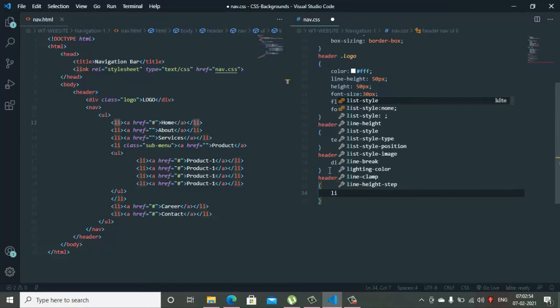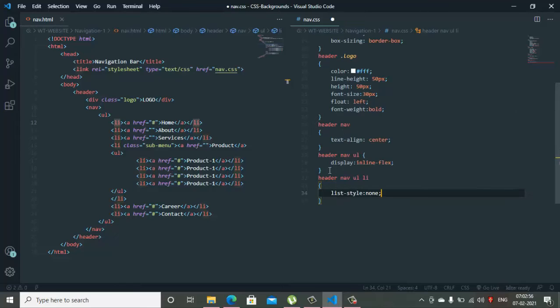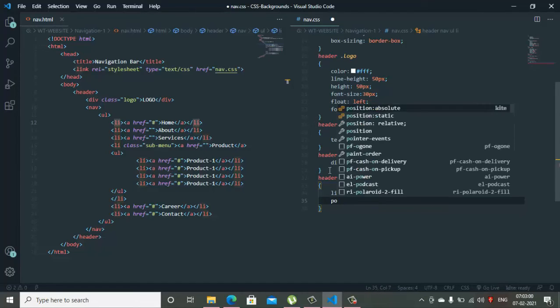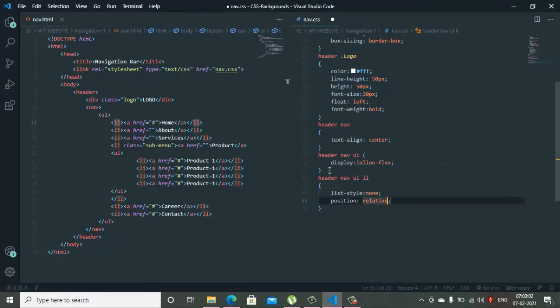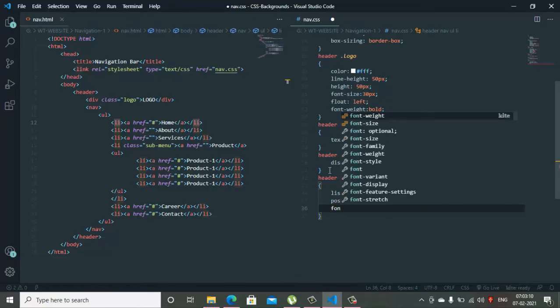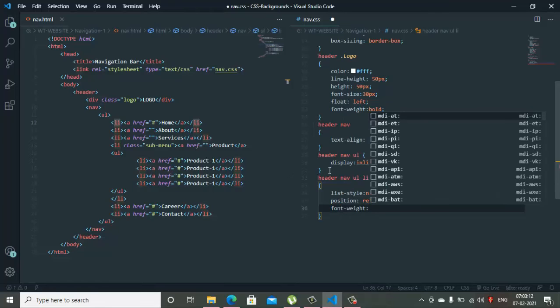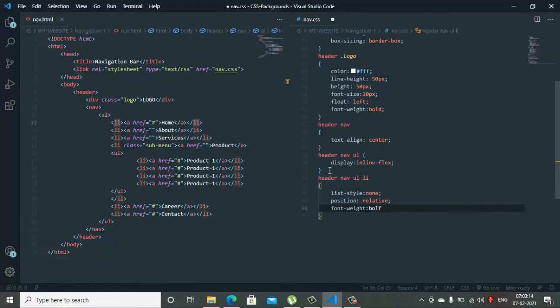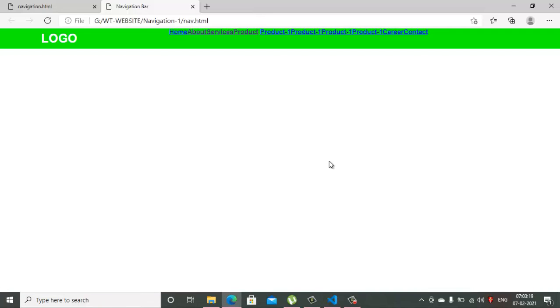So we are setting the list type as none. Okay, then position I am setting as relative to my header. Okay, and font weight should be bold. Okay, so this is the